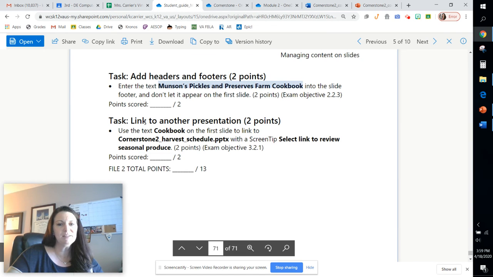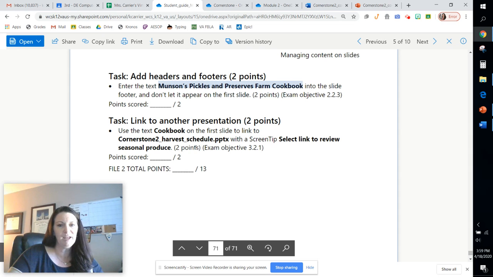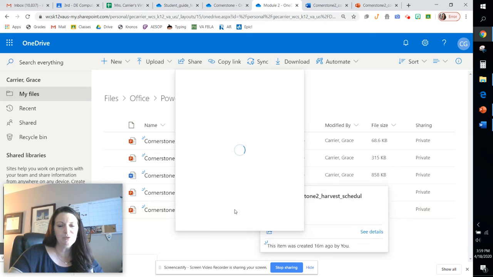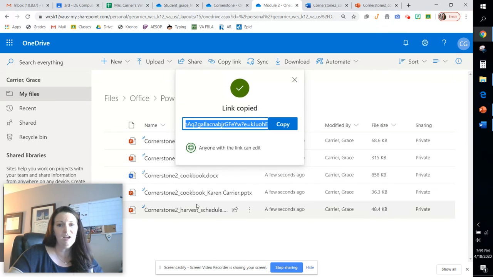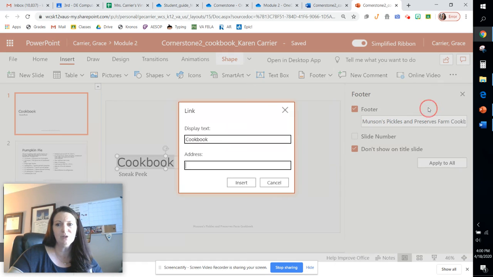And then the final step tells us that we need to link to another presentation. Again, this is going to be slightly different. We're going to have to find the harvest schedule that we have stored. We will go to share this file. And at that point, we're going to copy, make sure it says anyone with the link can edit. That's fine. Copy the link. Okay. Come back over here, and it tells us to highlight the word cookbook on the first slide. And then we're going to insert a link. So you have to come over here and insert a link directly to that address that we just copied. And that's how you're going to